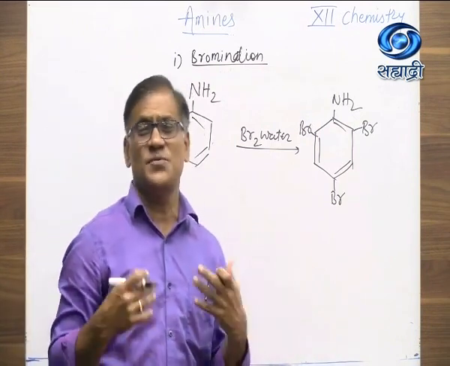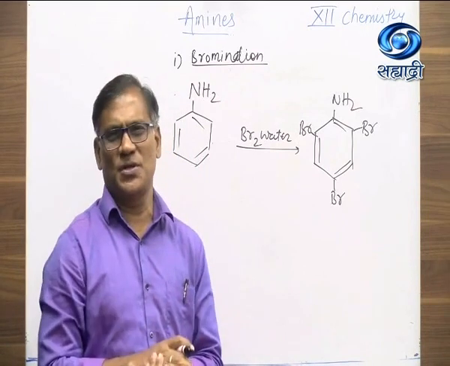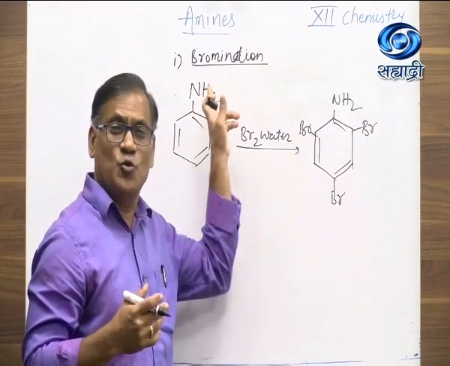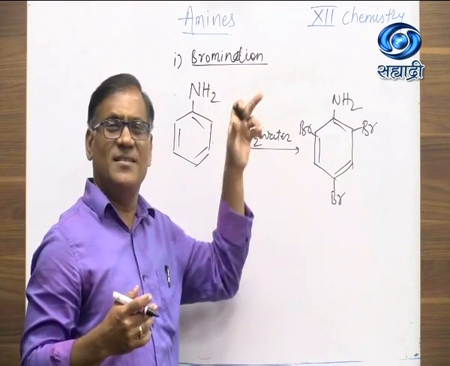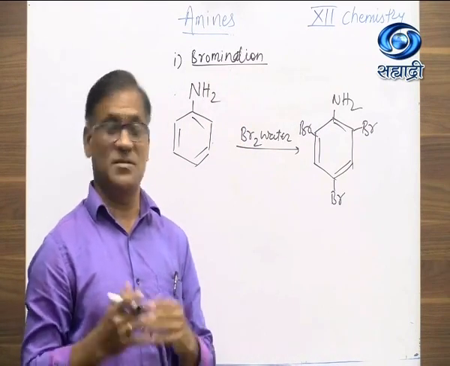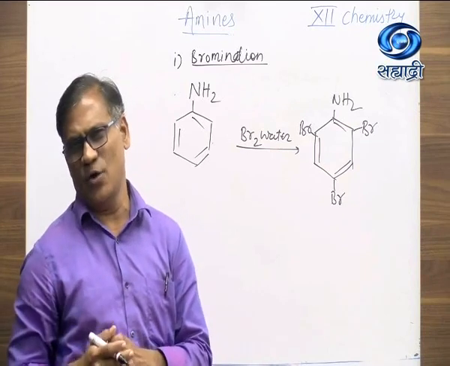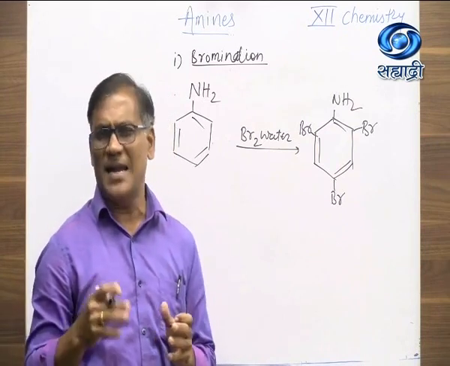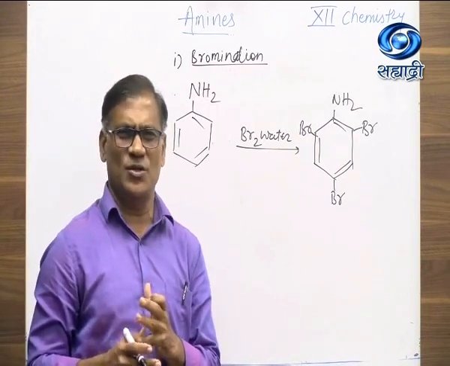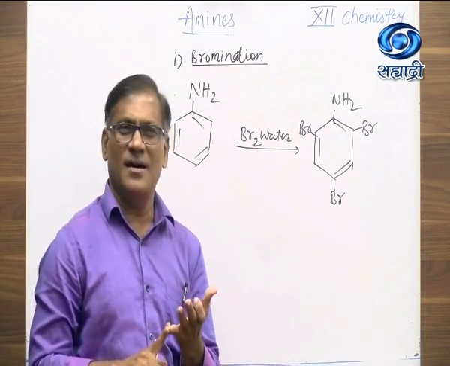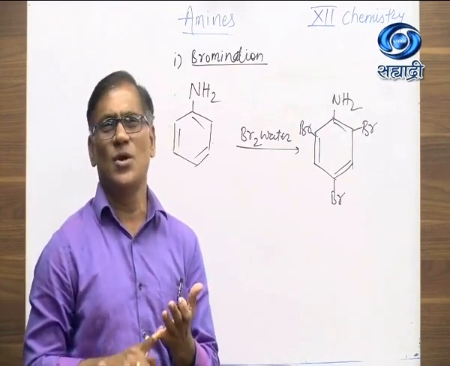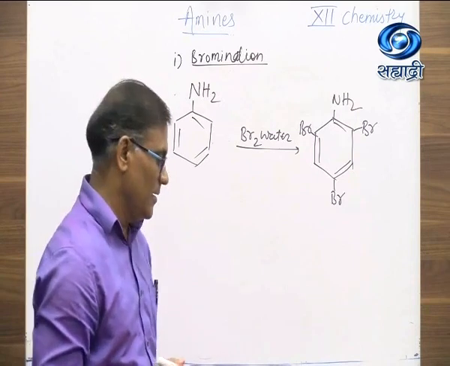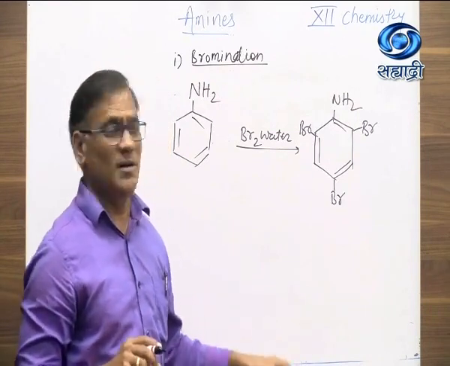To prepare mono-substituted aniline derivatives, we have to carry out this bromination reaction. We have to protect the NH2 group by an acylation reaction first, and then it is restored by hydrolysis. It may be acid hydrolysis or alkali hydrolysis. So to prepare para or any mono-substituted aniline derivatives, we carry out first acylation, then bromination, and finally hydrolysis with acid or alkali to prepare para-bromoaniline. So a 3-step reaction is carried out.